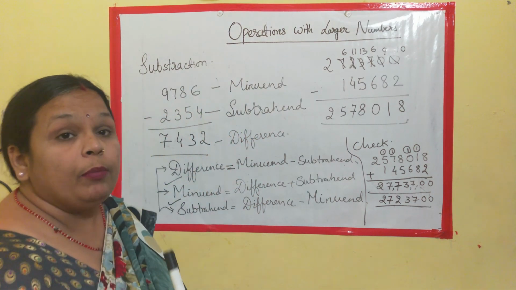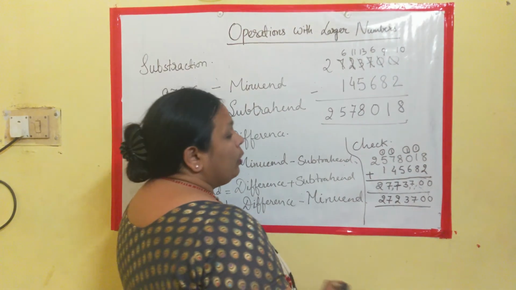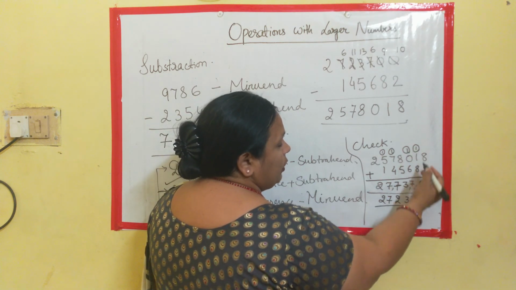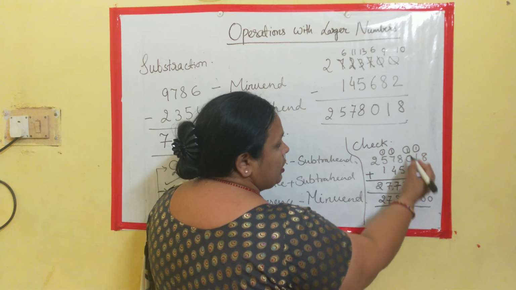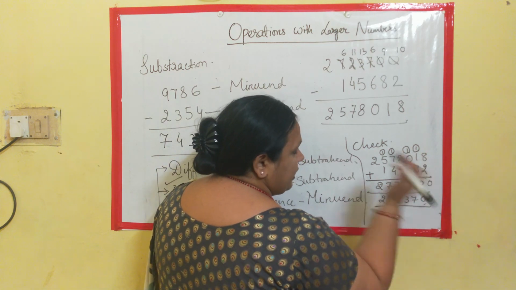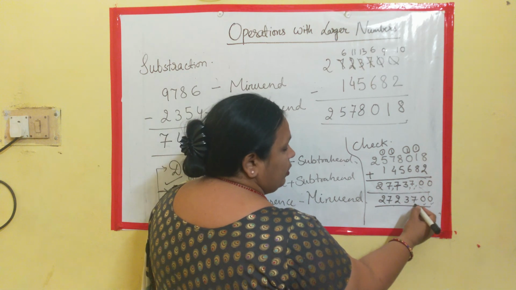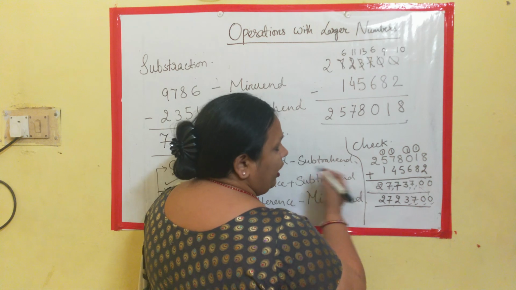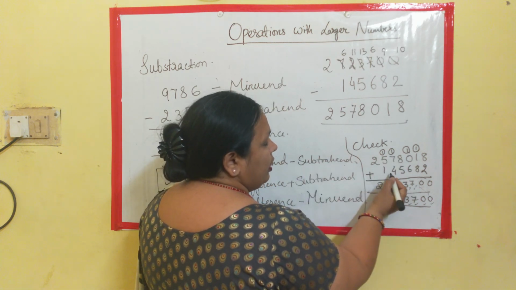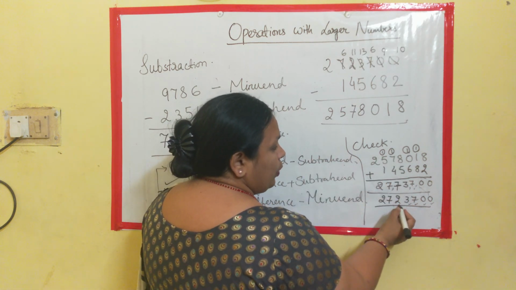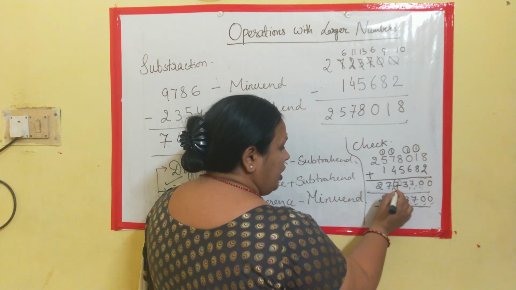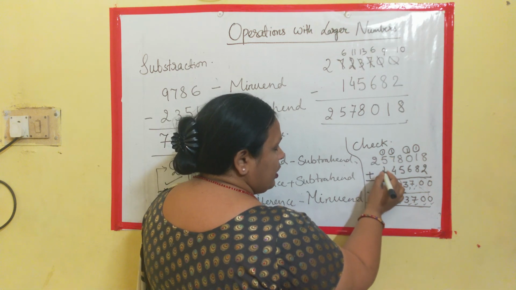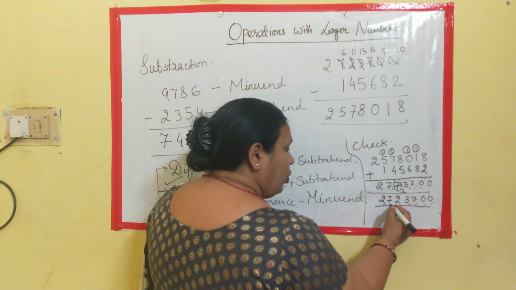Now is the time to recheck your solution. When you recheck, this is 8 and 2, 10, 0, carry 1. 8 plus 1 is 9, 9 plus 1 is 10, 0, carry 1. So these two parts exactly satisfy. 6 plus 1 is 7. Then 8 plus 5 is 13, 3, 1 carry, 7 plus 1 is 8, then 4, 9, 10, 11, 12. So here exists the mistake. Now if you check it, this is 2, this is 1, 5 plus 1 is 6, 6 plus 1 is 7, rest all are okay.